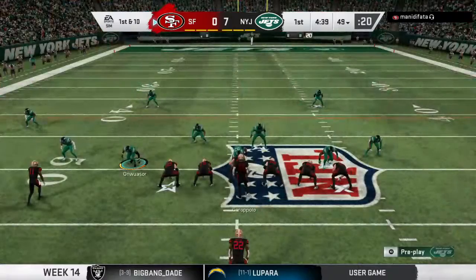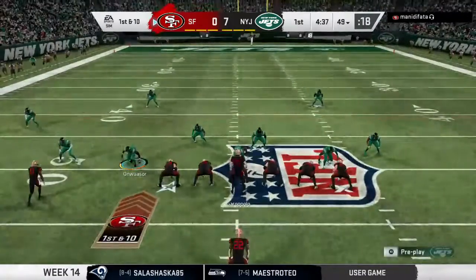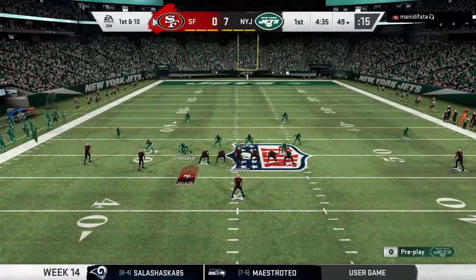Here we go. 180. 3 bucks. Strong right. I got